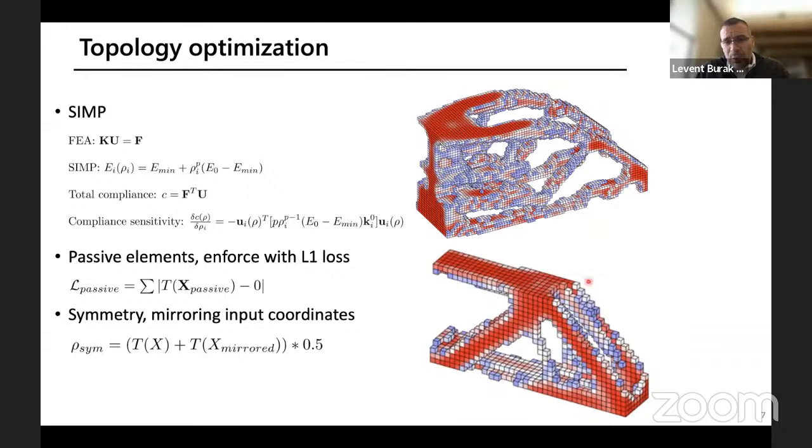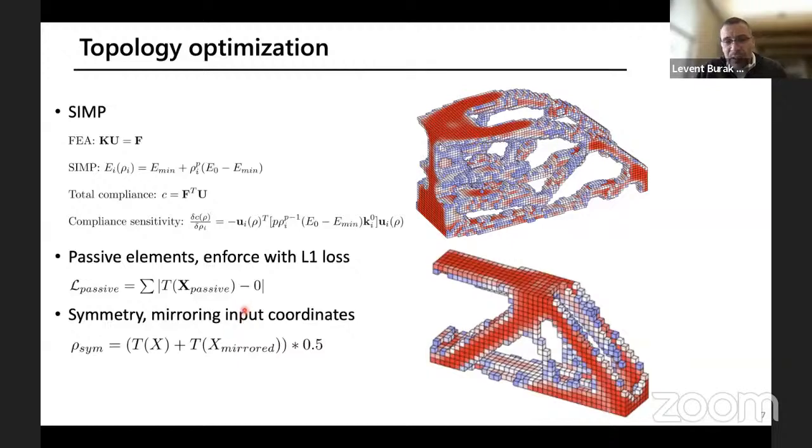So the topology network is building on existing work in which we create a network where the finite element analysis is giving us a compliance value. Compliance is nothing but the inverse of stiffness, basically. And what we're trying to now establish is an analytical gradient between the final compliance, as an engineering performance, relative to each one of the voxel density values. And there's an explicit analytical expression for that, which we directly tap into, which is fantastic.